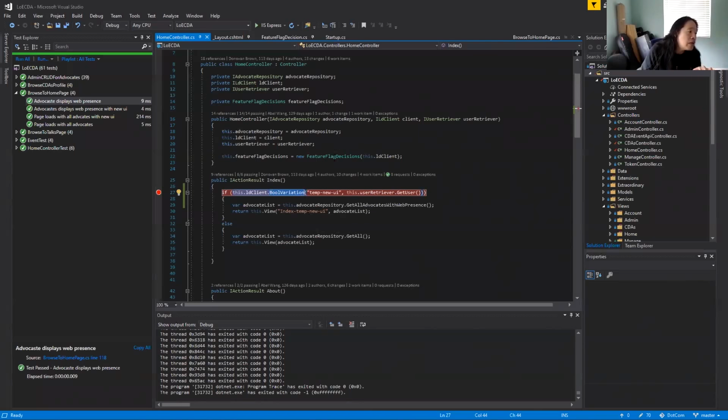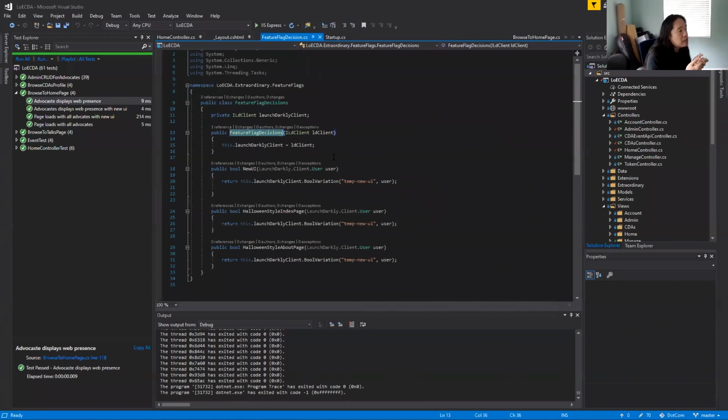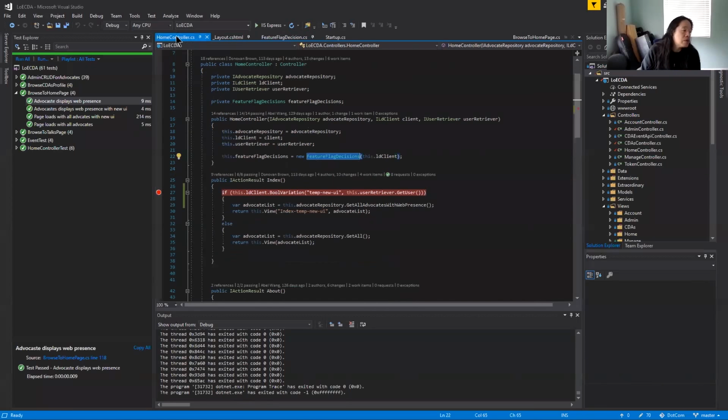So what we can do is we can create a feature flag decision object, and we can do some abstraction, right? So in this abstraction, I can pass in my client. Depending on the user, I can now call my LaunchDarkly client to say, should I turn this on or off for a new UI? Or even better, I can actually have a call: should I apply this new UI to the index page and also the about page? Because maybe I want to do these separately, right? So in this fashion, it adds a layer of abstraction where it makes my code just a tiny bit cleaner, right?